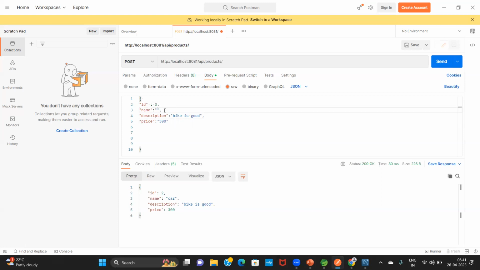Guys, now give this one as 3. I will give the name flight, and the description flight is better. I will give the price as 500 rupees. Send the JSON. So guys, three times I have sent JSON. Let's check whether we got all those in the backend by giving a command in the browser,